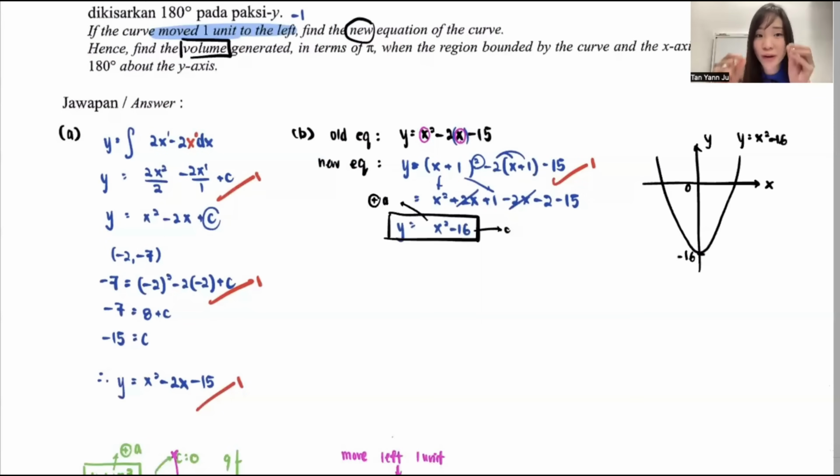So now they want to find the volume. Of course, you must know where the shaded region is first. So let's read the question. They say the shaded region, that means the one they want to find, the region is bounded. Bounded means surrounded. So bounded by the curve, so this is the curve, okay? And the axis, so the axis is here. So guys, after I highlight these two things, do you realize the part that's surrounded by these two things